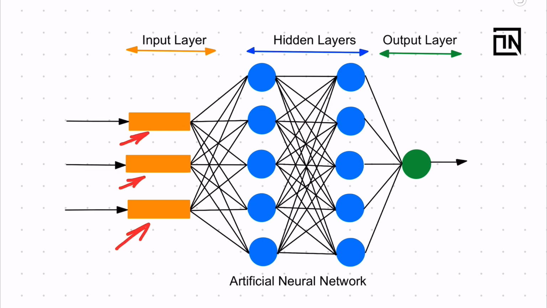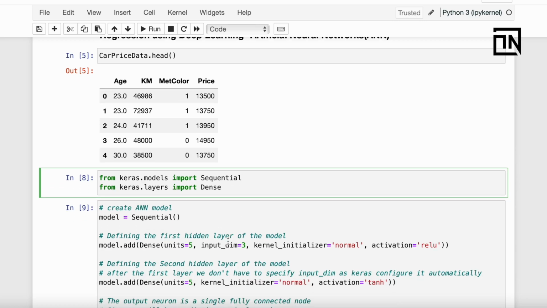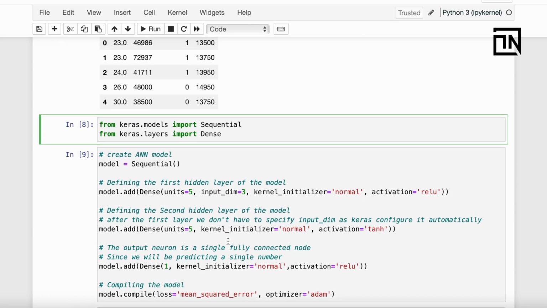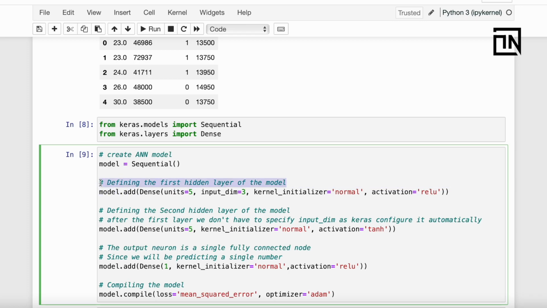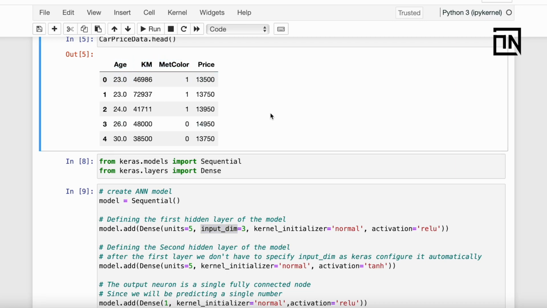It becomes very clear when you actually write the code for an ANN. In this code, for example, there is no line where you are creating any input layer. You just start by defining the first hidden layer and mention how many values this layer is going to get from the input layer, based on the number of predictors in the data. Now let us understand this a bit in depth using an example.